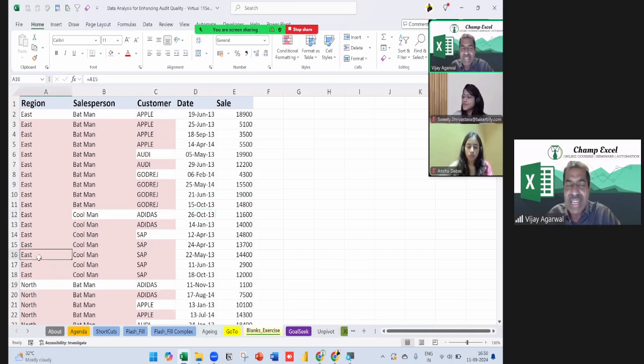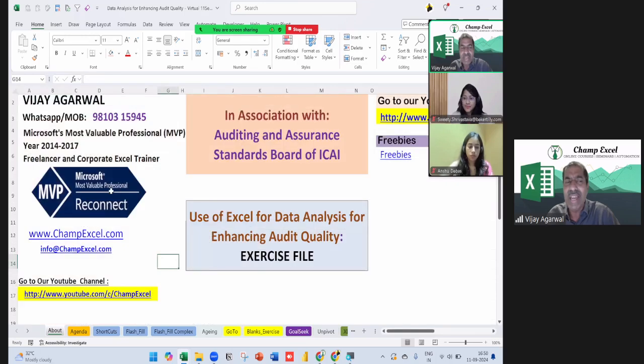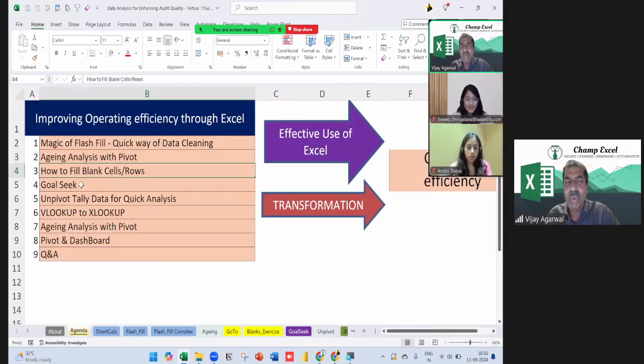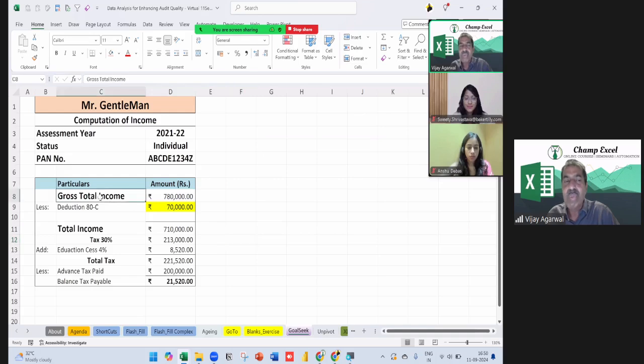So this is the one thing I wanted to cover here quickly, but there are so many other things which we can do. One is Goal Seek. How is Goal Seek going to help us? I'm taking a very small example because we have very limited time. It's not that in this 1 hour I can tell you 100 hours of things, but I'm just giving some glimpse.